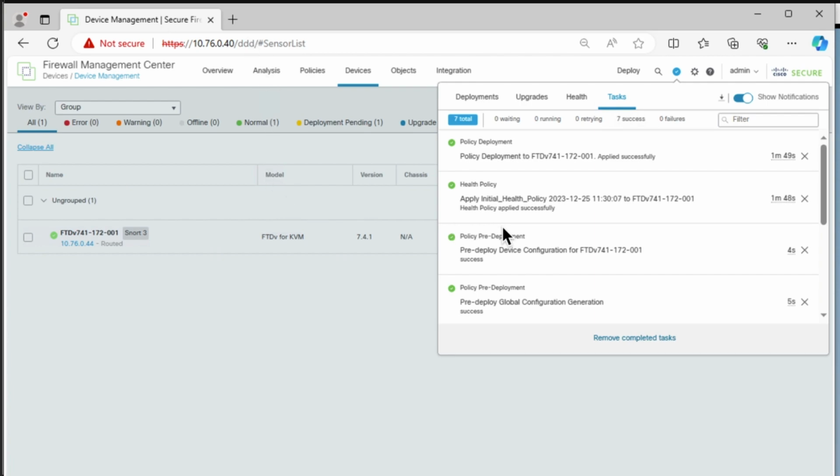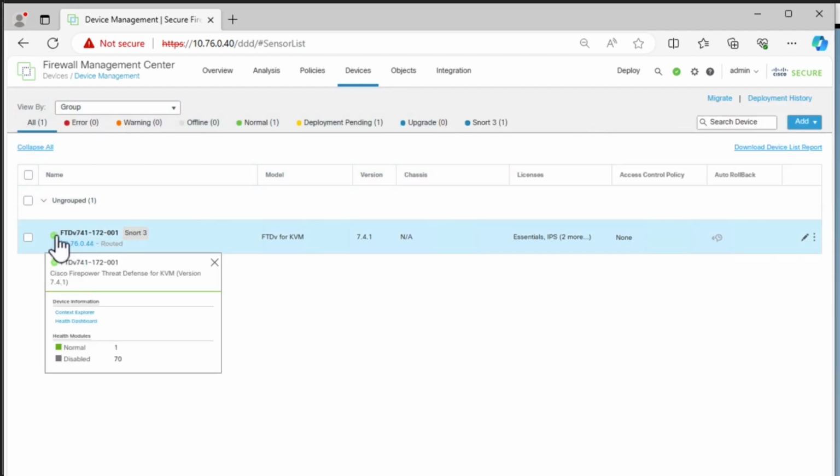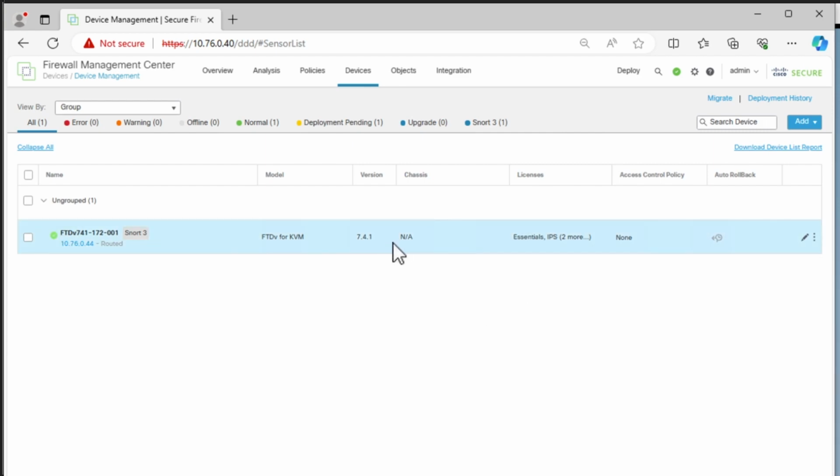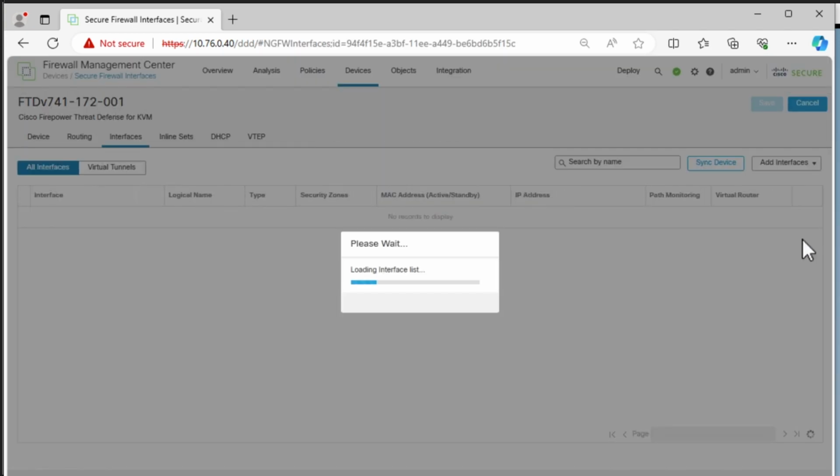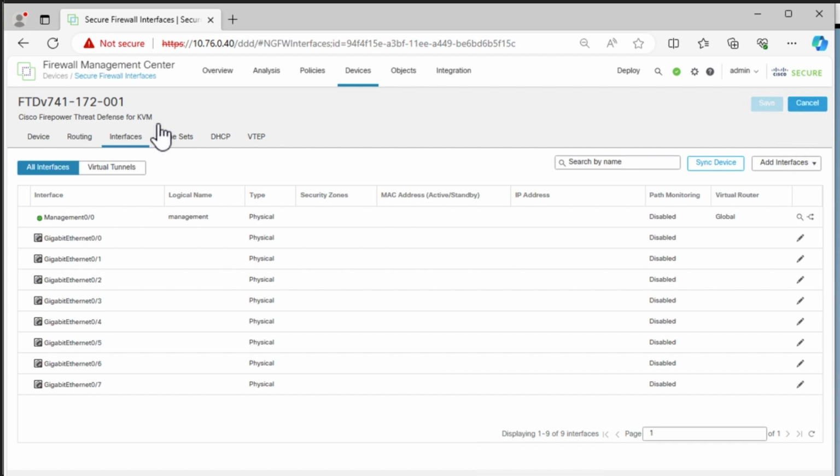Okay, once the deployment is done, you should see a green icon here and you shouldn't see any alerts or critical stuff, right? So let's go in and take a look. You can click on this edit pencil sign to look at what has been configured, right? So by default, a blank configuration, you'll see that on the FTD, there's nothing much configured except for the management interface, right? So first, what we want to do is to configure the interfaces,